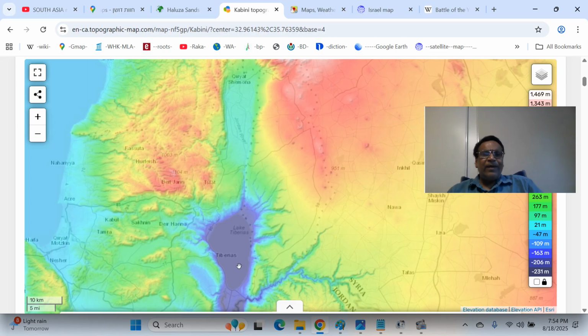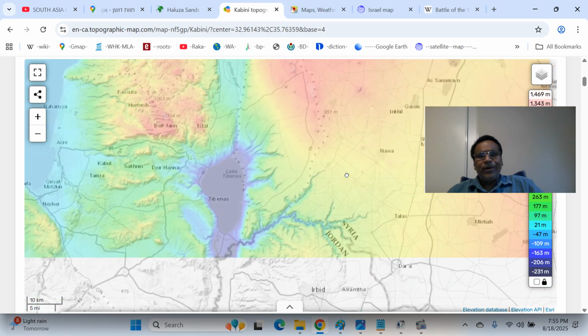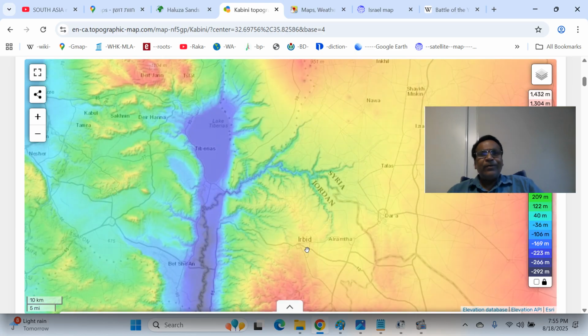Whereas Lake Tiberias is below mean sea level. You see minus 216 meters below the mean sea level. So it's a very deep lake. Eventually, the river Jordan falls into the Dead Sea. The Dead Sea at one point is around 416 meters below the mean sea level. The lowest point on planet Earth, that's important. This is the Rukad River and Jordan River.